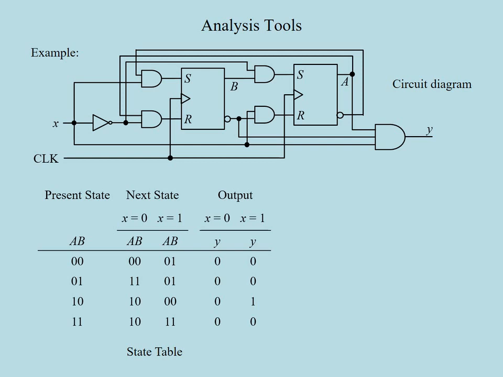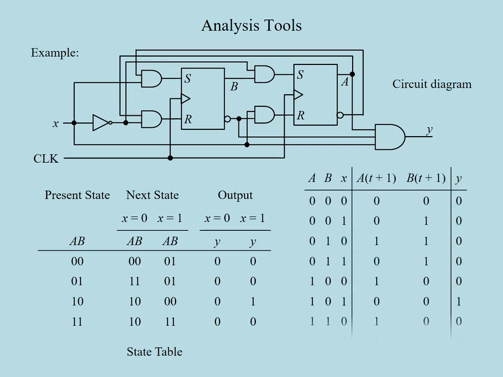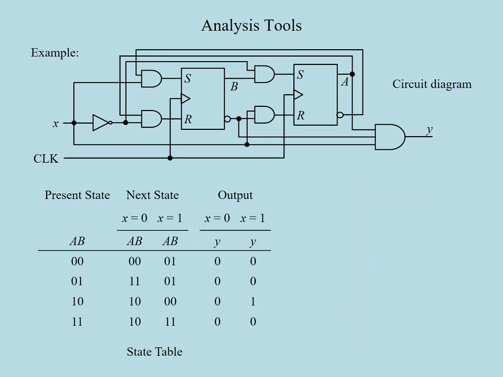The state table can also be put in a format to which we are more familiar from the combinational circuits. In this form, the present states of the flip-flops and the inputs are tabulated so as to resemble the inputs in a truth table, whereas the corresponding next states, together with the output of the circuit, are shown as the output columns of this truth table. This arrangement of the state table may be more useful for the design purposes, as we will see in a while. We can represent the state transitions and outputs shown in this table in a pictorial way as a state